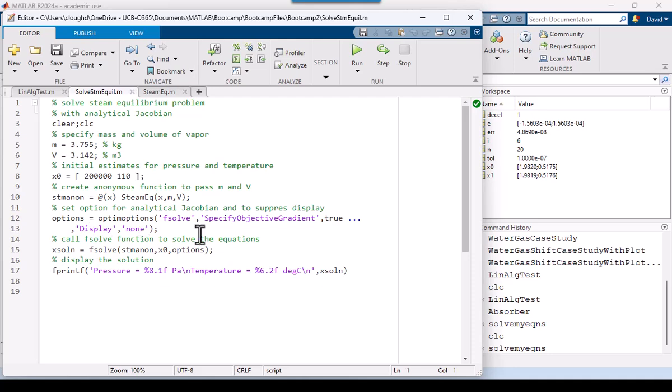And what that means is otherwise fsolve gives us a bunch of intermediate results, and we don't want that, we just want the answers. So that could be left out. And then what we do is we call fsolve with our anonymous function, our initial estimates up here, and our options variable, all right? And then we use a little more care using the fprintf statement to display our results, okay? So if we run this,